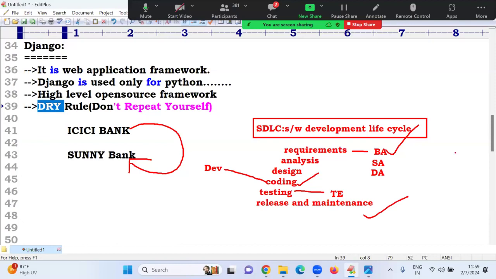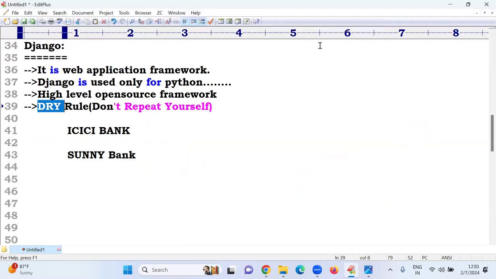But how to develop this in SDLC, sir? There are n number of models. Anyone knows about SDLC models?